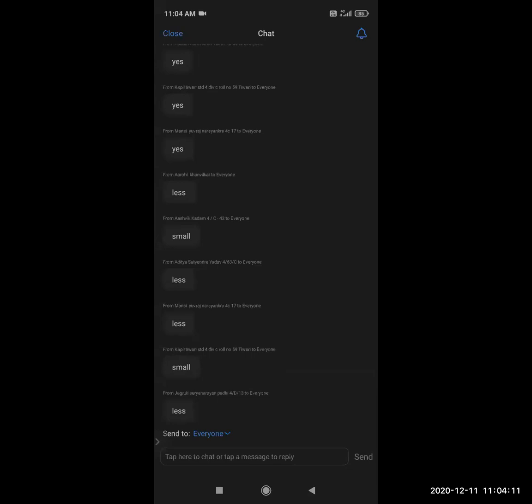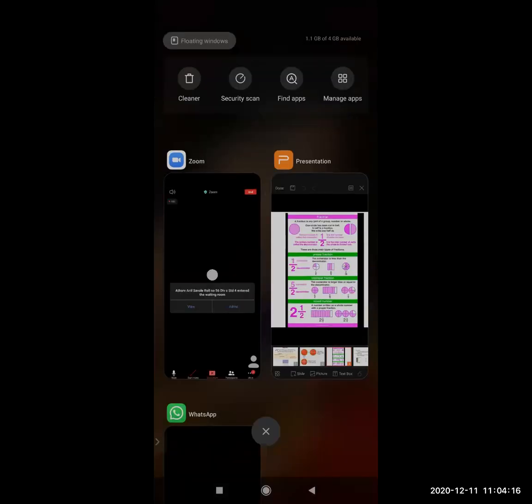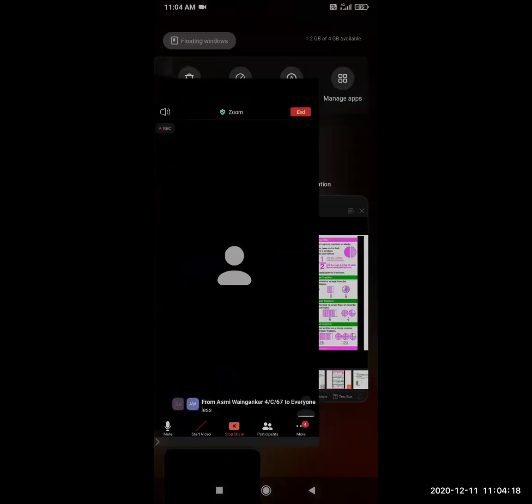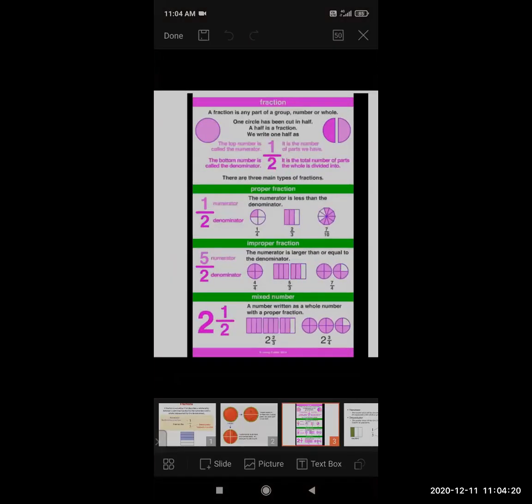Okay. Now go to the improper fraction. Just a second, student. Now we will go to the improper fraction. It's the opposite of proper fraction. In improper fraction, what you are observing is that the numerator is big and the denominator is small. Sometimes numerator and denominator are the same.